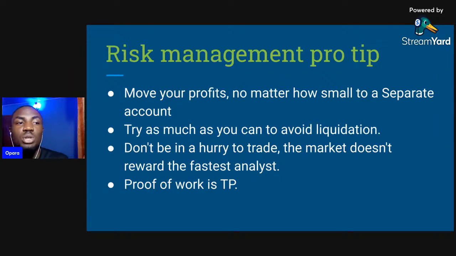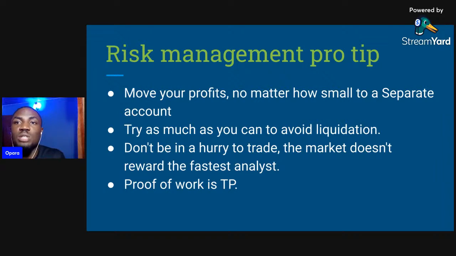Let's say my target for this month is to move maybe $100 to $1,000. The moment I trade that $100 and make any profit, I remove it from there. I always make sure my futures margin account is at $100. So even if I lose some money from there, I'll try to recover it. I'm not going to go and pick from my profit to recover it. No, my profit's already there, I'm piling it up. If you don't do it like that, you'll just be moving in circles and won't be able to measure your progress. So let's separate your profits.